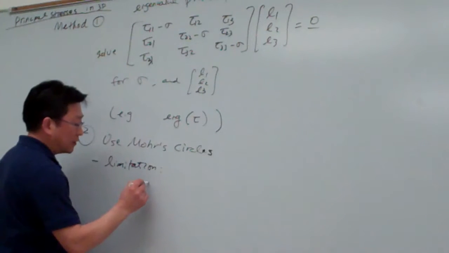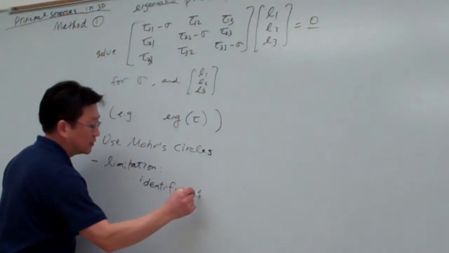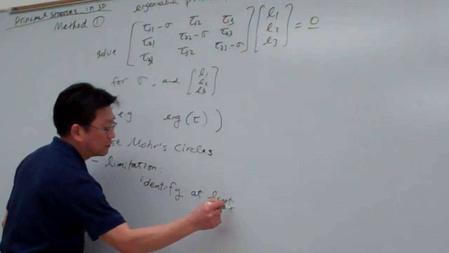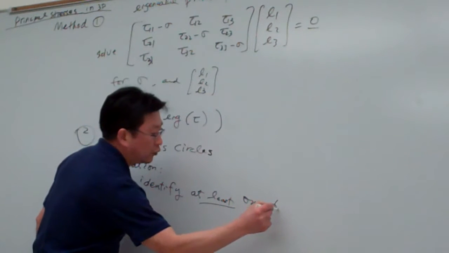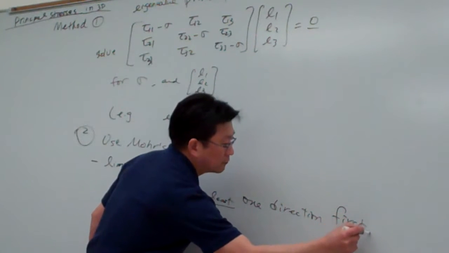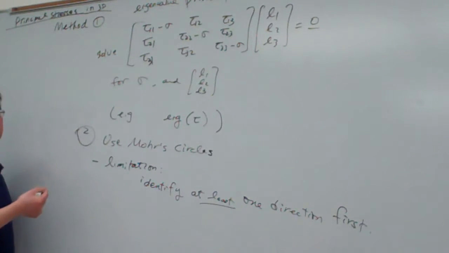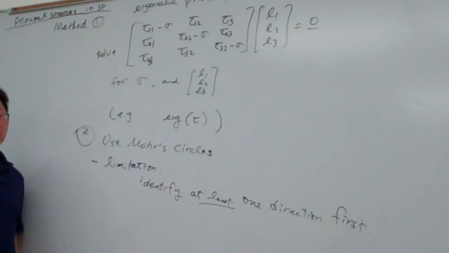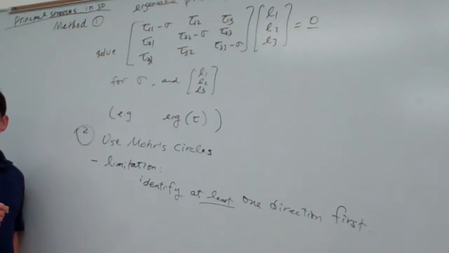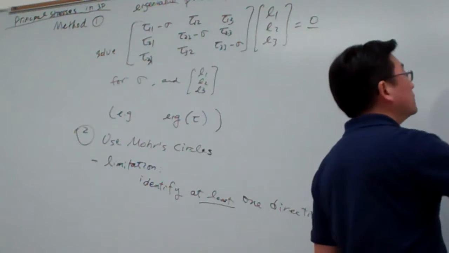you need to identify at least one principal direction first. Okay. So using Mohr circles to solve for 3D, you have to start with a spatial orientation, and that orientation contains at least one principal stress. If not, then Mohr circles won't apply. Okay, so for example,